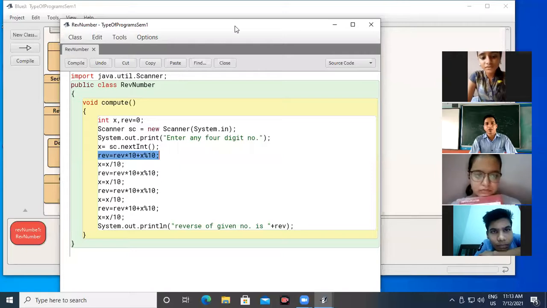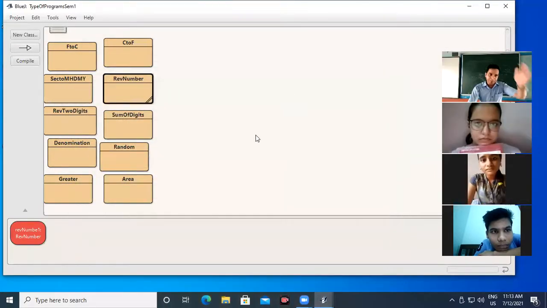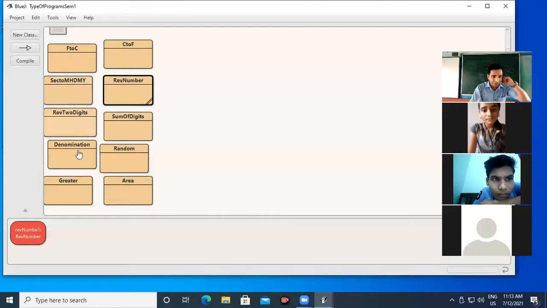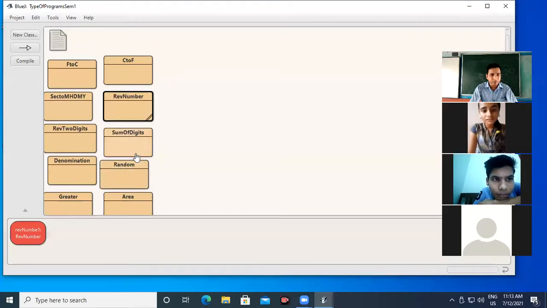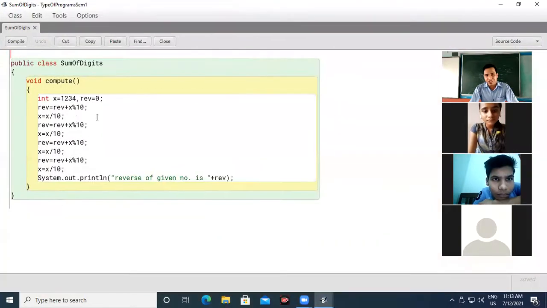Okay. Now I am going to perform one more program or one more calculation on the reversing of the digit or separating the digit. Before that, we will discuss. First, I will explain that addition. Where is that? Sum of the digit. Yes. Let us check. It is again a static program. I will convert this into dynamic programming.